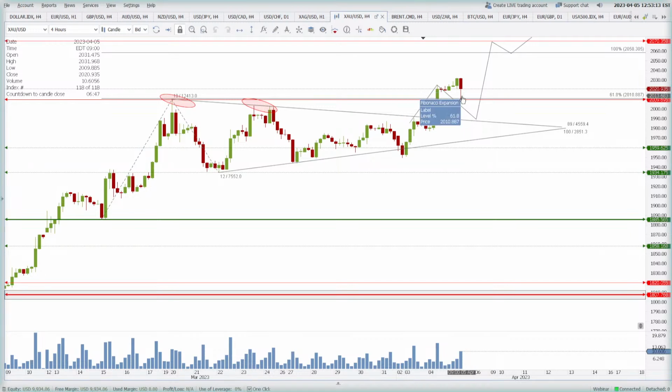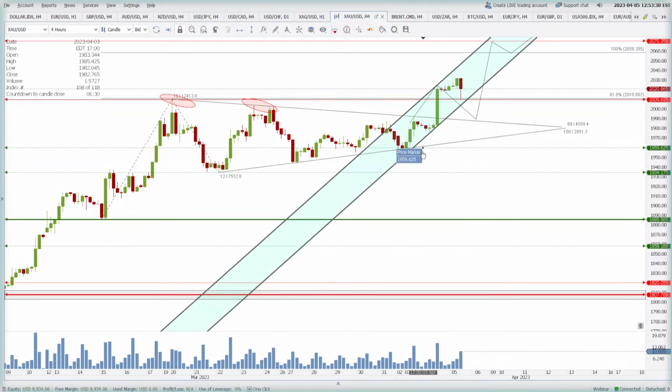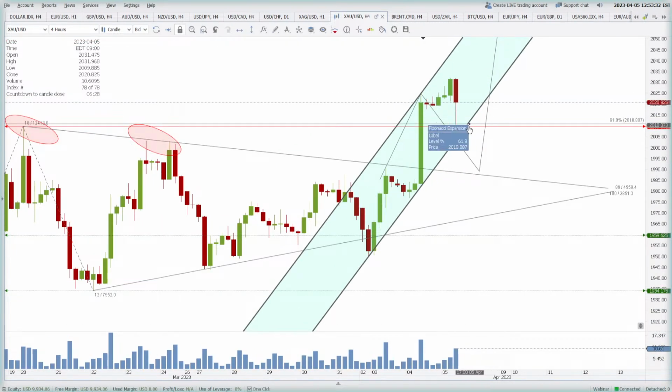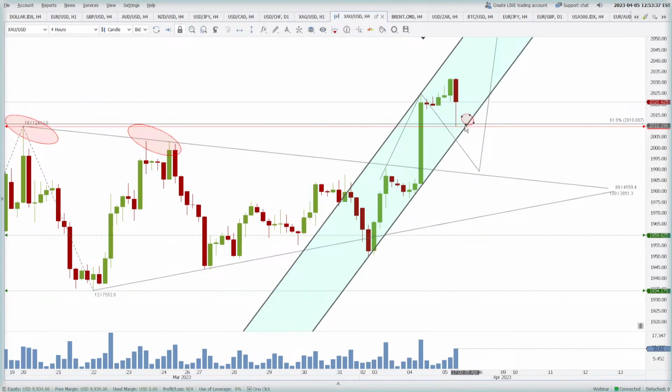Okay, so 2009 is acting as a support. We have not got any bullish pin bar or bullish engulfing, so I'm not trading at this level, but still this has proven to be a support. The price can go south from here, but as of now it is acting as a support. Also, if you want to make this channel, maybe this will give a support to the price when the price comes again to the downside at this level.